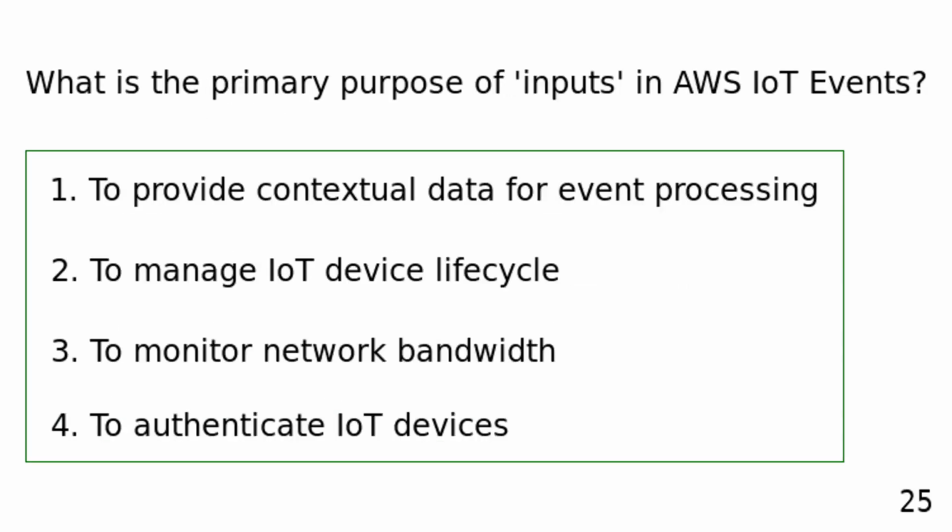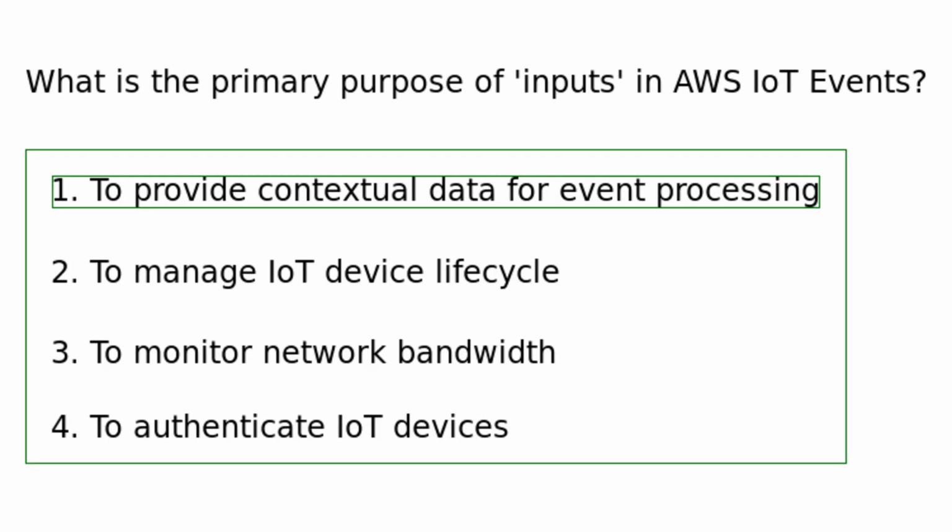What is the primary purpose of inputs in AWS IoT Events? To provide contextual data for event processing. To manage IoT device lifecycle. To monitor network bandwidth. To authenticate IoT devices. Inputs in AWS IoT Events are used to provide contextual data associated with events, which is crucial for determining the